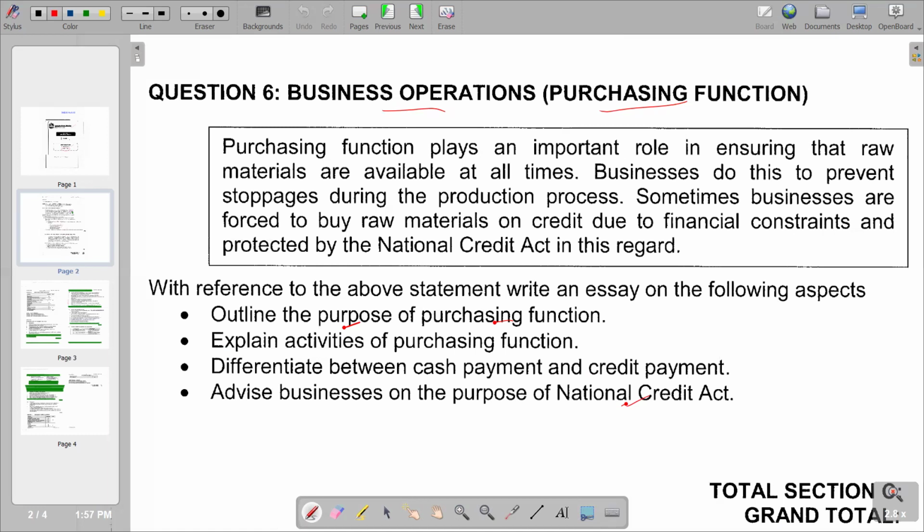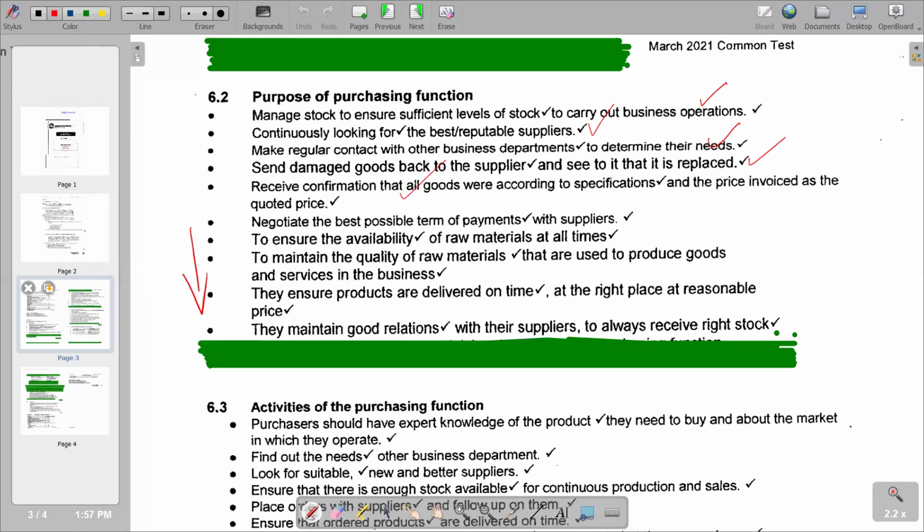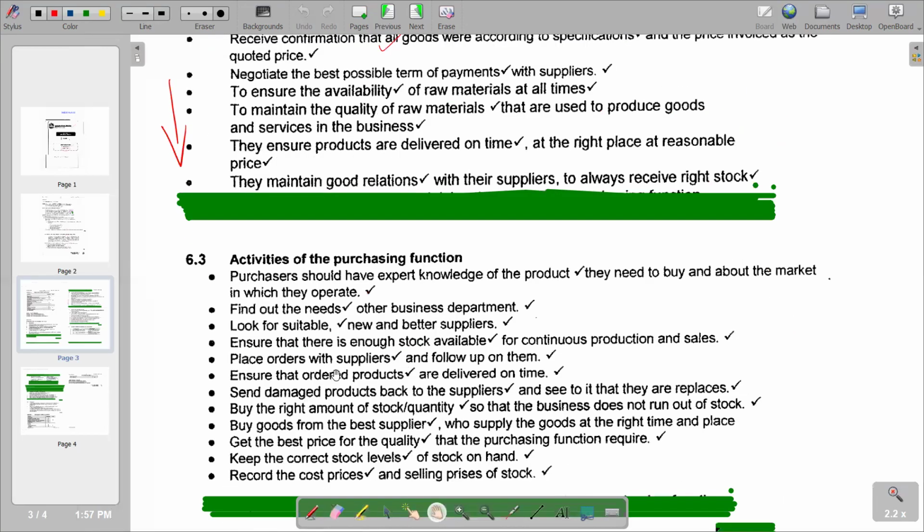So basically, that's what we have, and also to ensure that ordered products are delivered on time. And that's another activity that is involved by the purchasing function. But we also have a list of those activities listed in our answer section. So we have these activities, and the first part is saying PSS should have expert